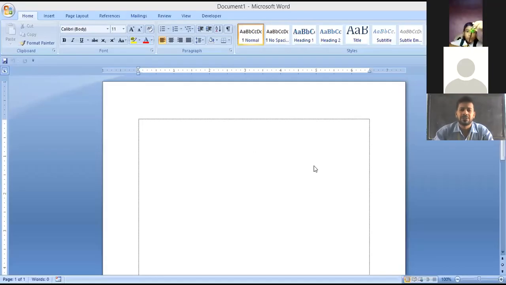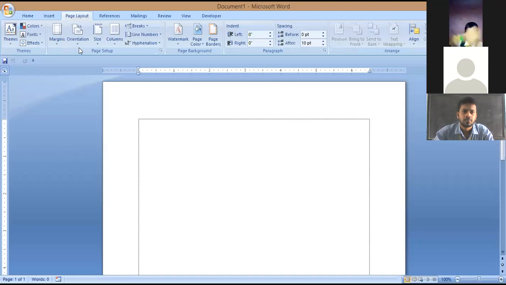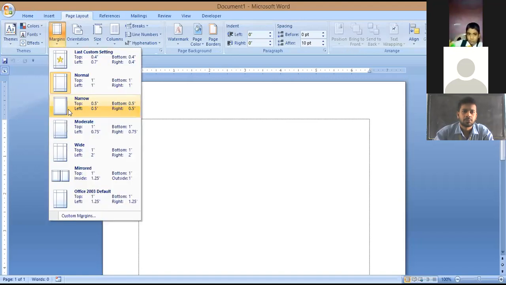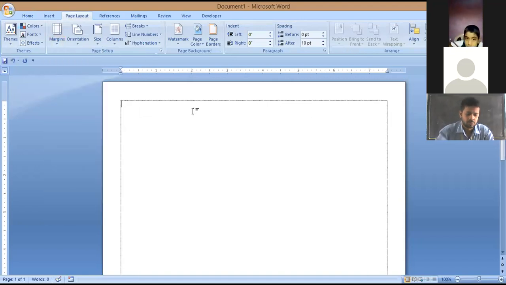Yeah, I hope all of you can see the screen. So on the top of the page, you write down the name of this chapter, that is chapter 4, computer keyboard.